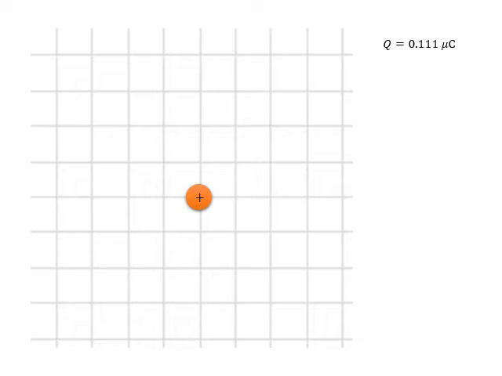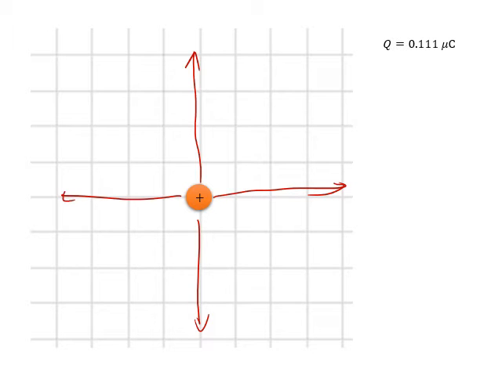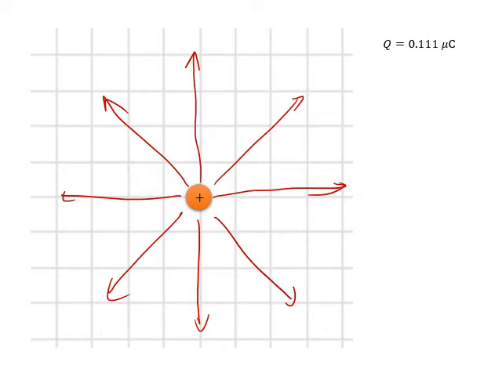To get started, let's think about a positive point charge. We know the electric field lines are radially outwards, so they point out in all directions. And we know that the electric potential around our point charge is given by V equals K times the charge divided by the distance from the charge. So an equipotential line is a line with constant V. To get constant V, we have to have constant R. That means an equipotential line will be a sphere or a circle in our 2D drawing, a sphere in a